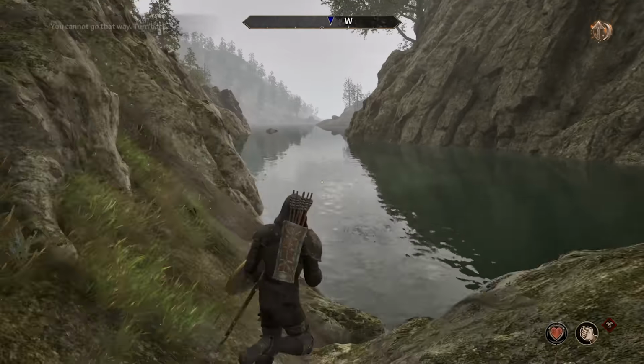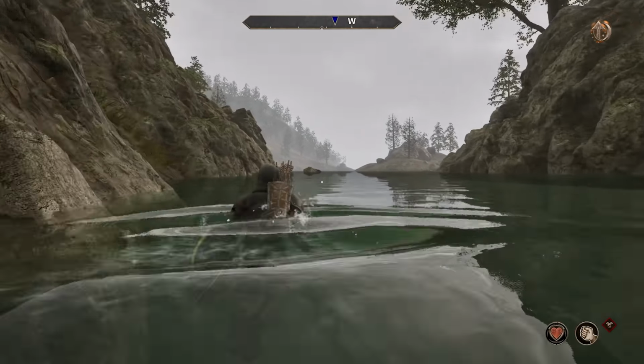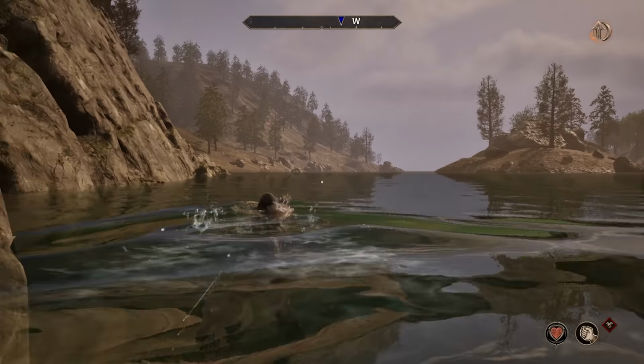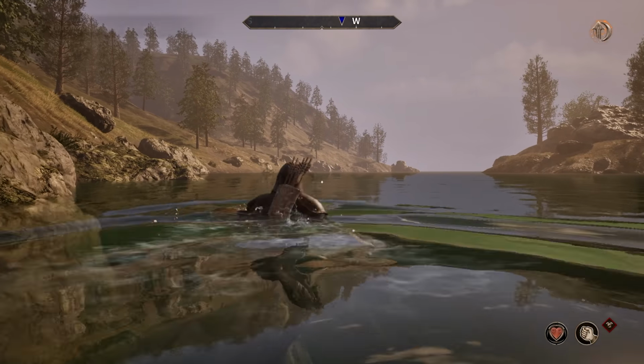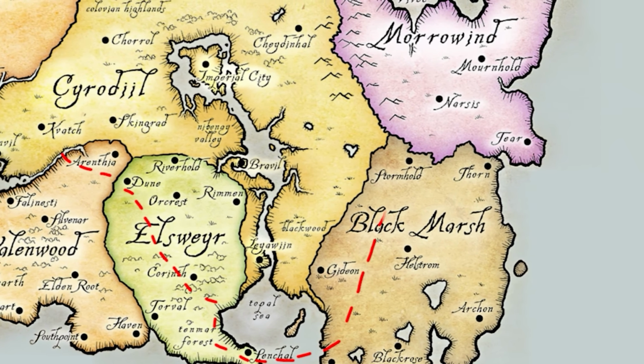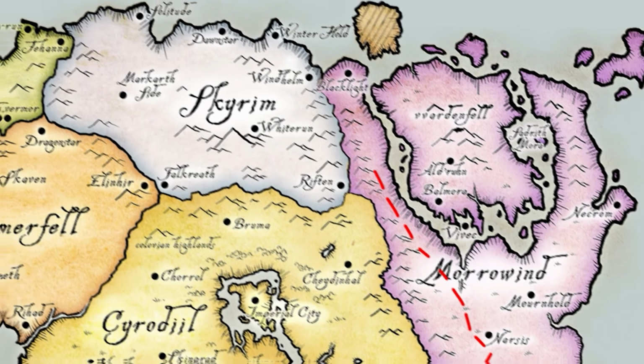You know, in lore terms, this would be a multiple year journey on foot. So I had no idea how long it was going to take actually in the game. So from here, I had two options. I could walk over to Elsewhere, cross from there to Blackmarsh, then up to Morrowind, and finally enter through the